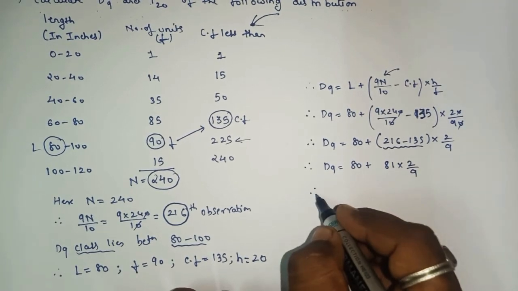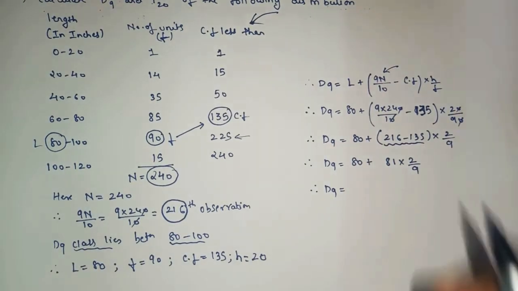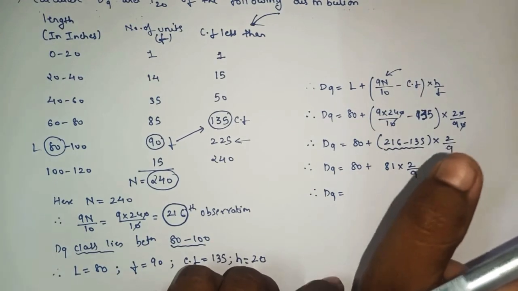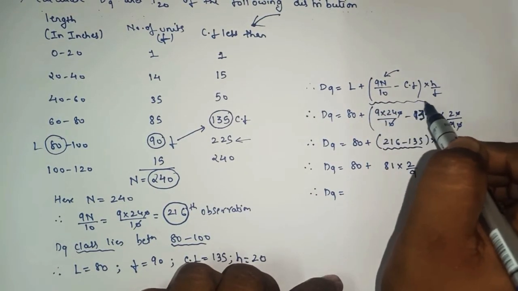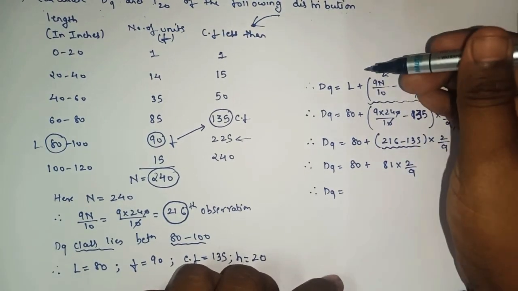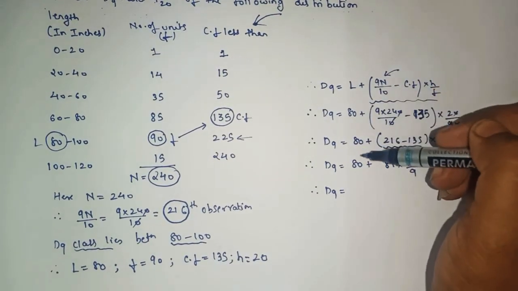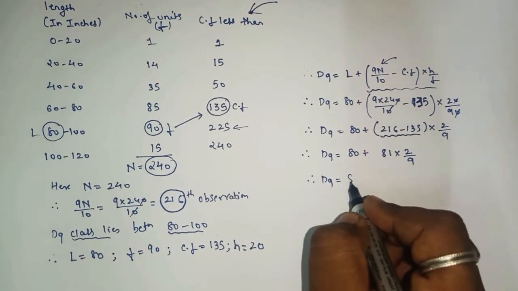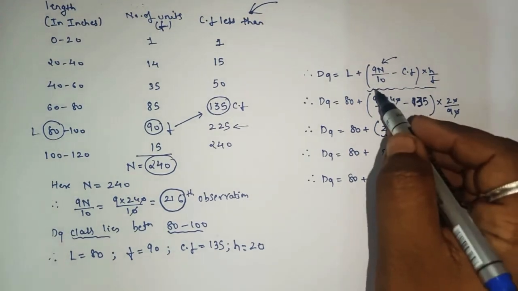Yes or no? So therefore D9 equals to, here also same, I will say keep the L part as it is, don't do anything with L. Whatever you want to do, you solve this section only: cross multiplication, cancellation, divide, like we did in the quartiles. We'll keep the value of L as it is till last. Don't cross multiply with L.